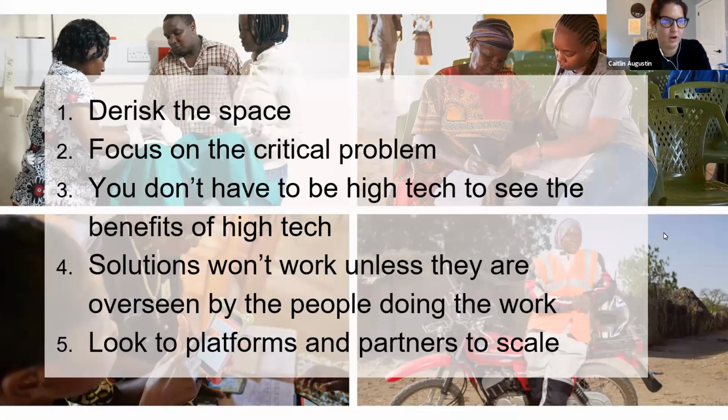We need to focus on the critical problem. And this is something that DataKind really learned through this idea of, we're gonna jump in with risk modeling first. Modeling, right? That's data science. But if you start with risk modeling and you don't trust the data you're building the models on top of, what good are your predictions? So this was a humbling experience to say, risk modeling, that's one of our 4 key problems. There are some other steps that need to be done first. Another thing to say is you do not need to be high tech to see the benefits of a high tech solution.